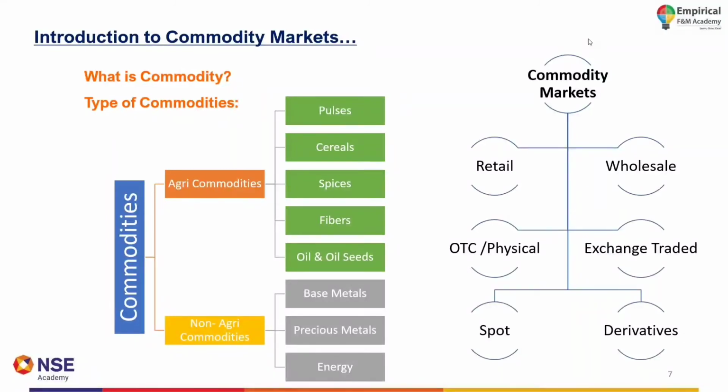If I'm going to buy 5 metric tons of rice, loading and unloading will take time, and your vehicle and logistics availability define the spot market. That's why I said the commodity definition of spot is not like in the financial market, where I can consider T+2. It varies from transaction to transaction depending on the location and the size. We also have the derivatives market, which we will discuss a little later.